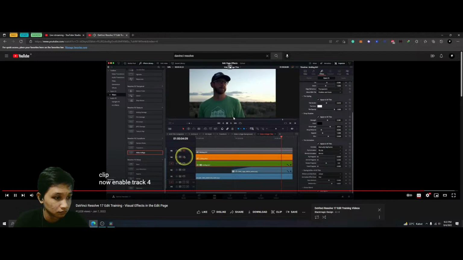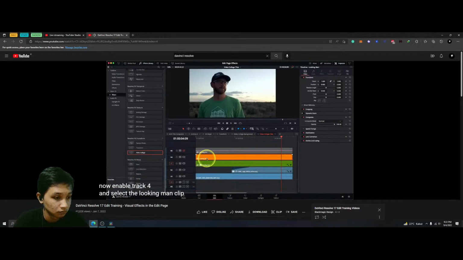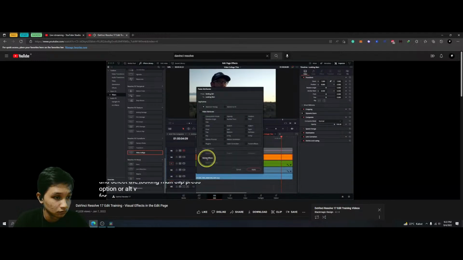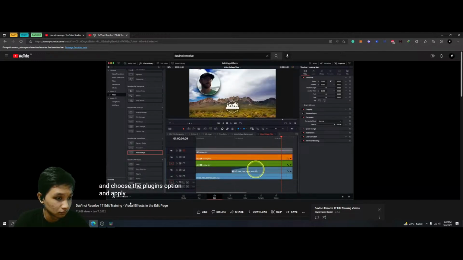Now enable track 4 and select the looking man clip. Press Option or Alt V for paste attributes and choose the plugins option and apply in order to paste the